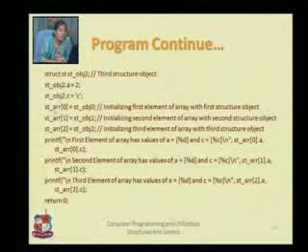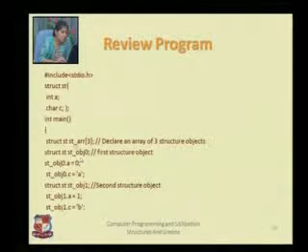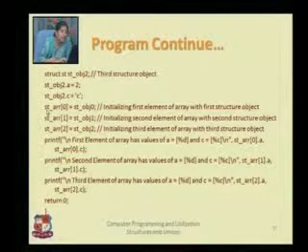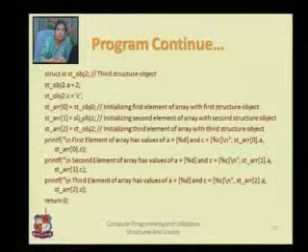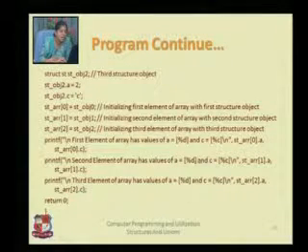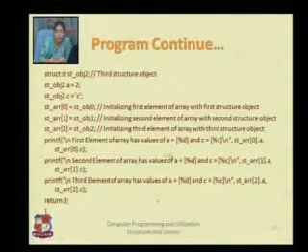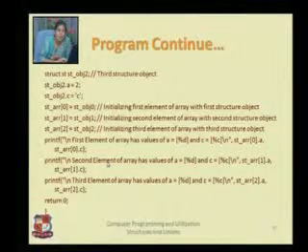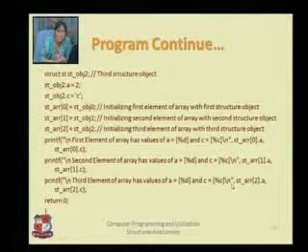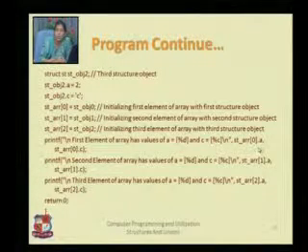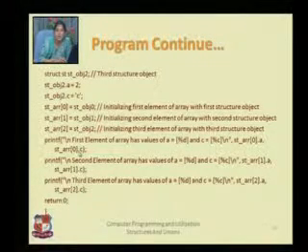Then I give the structure array of 3, which we created previously, references to my objects. So I write st_array[0] is equal to object 0, object 1 and object 2. And then I am using the array to print here. I can use a for loop to print it faster. So I just need to write a for loop, i goes from 0 to 2, i plus plus, and inside that I just need to write i here. So here I am writing st_array[i].a and then st_array[i].c. Let us have the output.